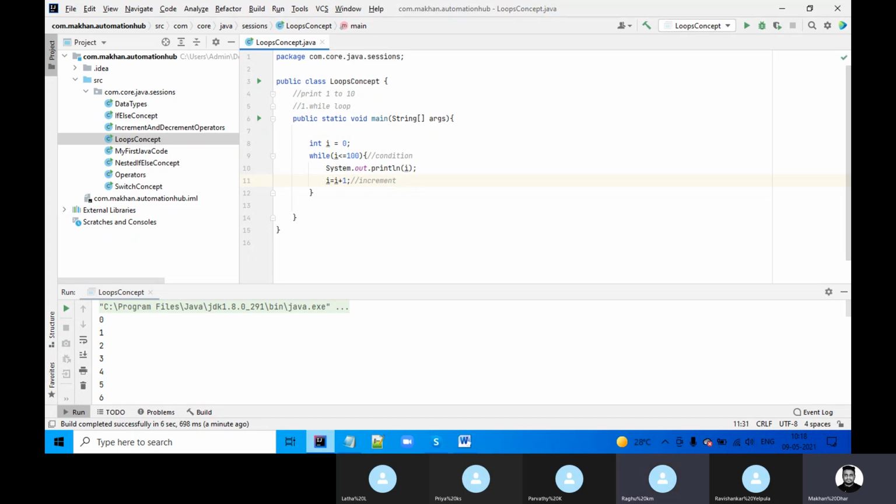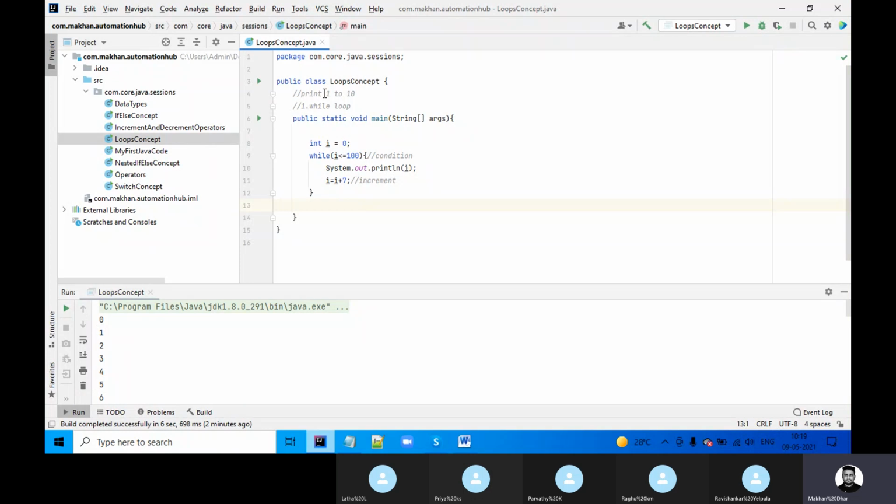Instead of 1, now if you add more than that, what will happen? You added I plus 1, right? If you add 7, run it. Change that 1 to 7. Instead of 1, you want to add 7, but you will not get a serial sequence like 1 to 10.